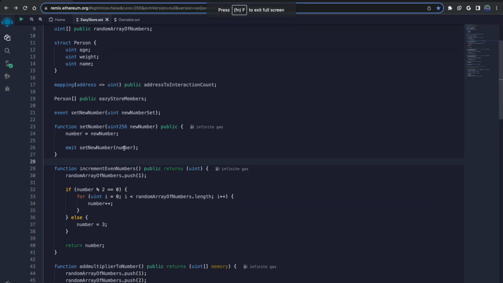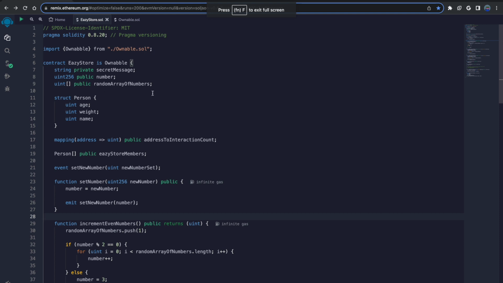And we can take a look in Remix. We're going to look at this contract here. This is going to be what you all will be using as your homework assignment. So we're not going to dive too deep into what's happening, but we are going to cover this contract at a high level. So again, you have the ability to have different variables. You have your string variables.